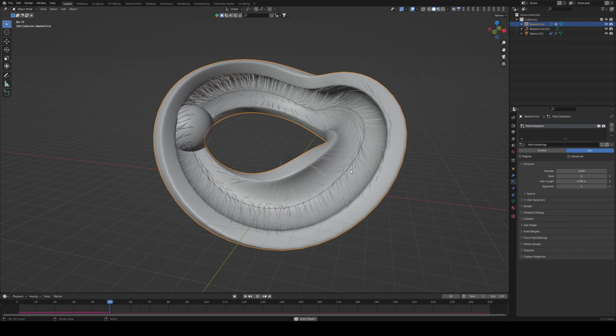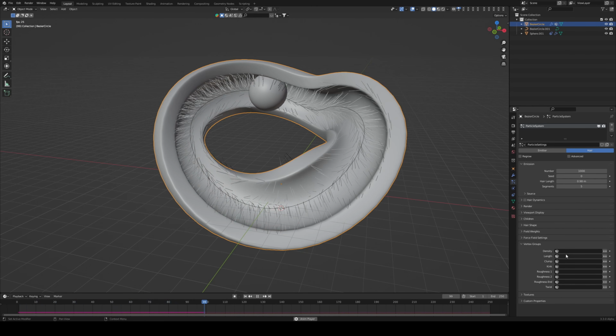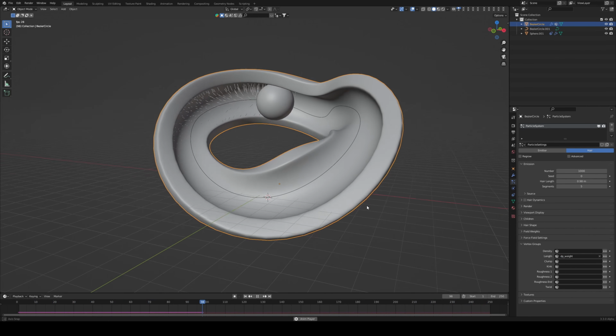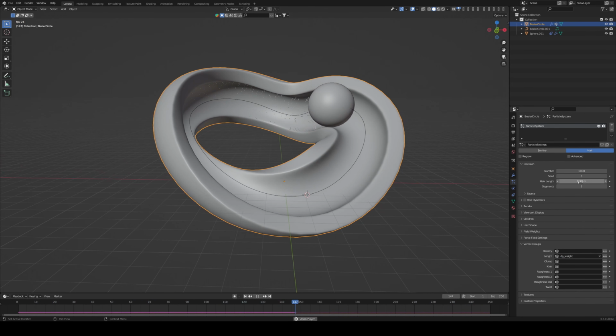You can see nothing is really happening with the hair system. That's because we still need to feed those maps that we were creating. So we do that by going into vertex group, density and length. Now, if you do density and length both, it's going to render out some super weird result. You just use the length. So you click on length, use the DP weight, and now you can see that the hair is growing just